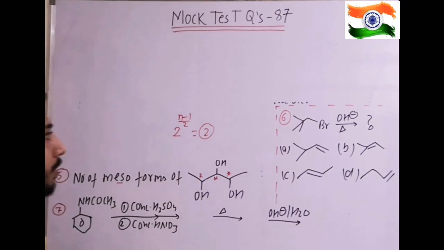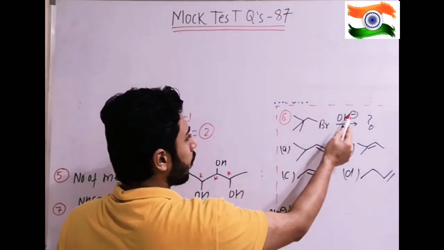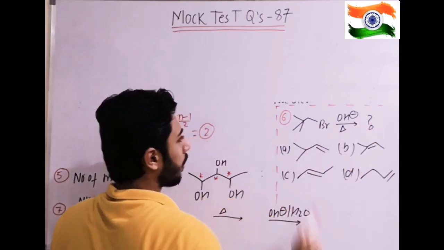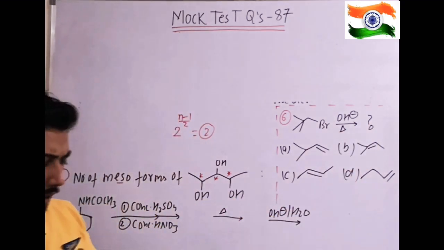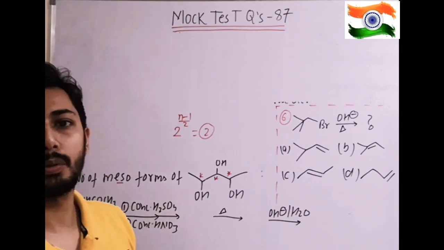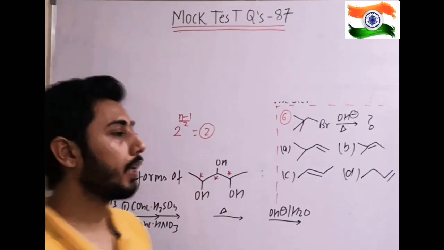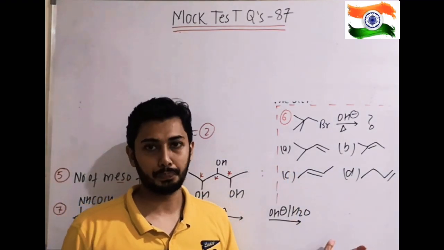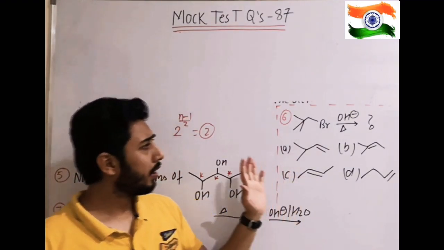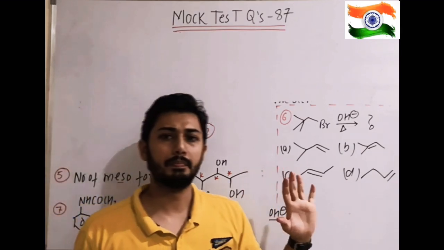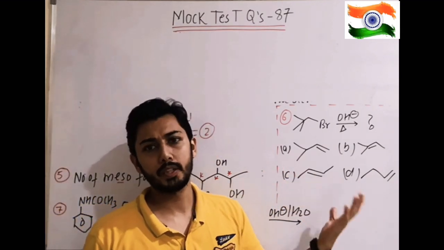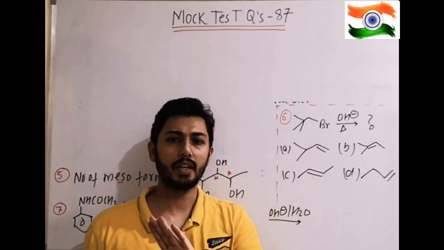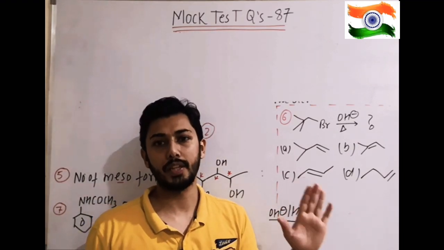The next question is sixth. This is the substrate given, OH minus, heat. Identify from among them which is the correct alkene form. So firstly, they have given us a pure thinking process that we have to think only about the elimination. Otherwise, we can think about the SN1 reaction also, because SN2 is maybe a very slow process, since it is sterically hindered, so neopentyl halides are less reactive or unreactive towards SN2.